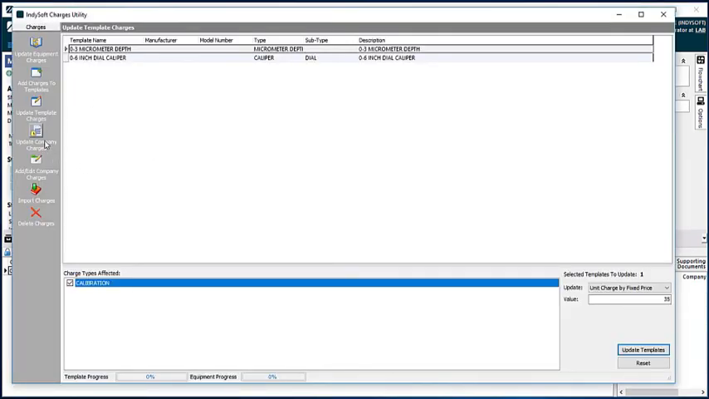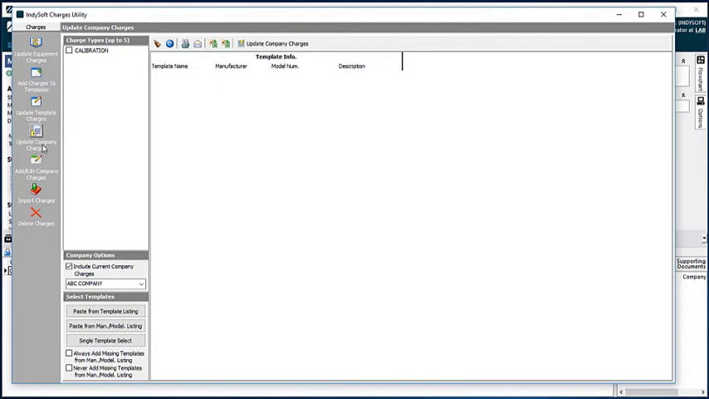Alright, and then next we can update the company charges. So your company can house different discounts, different flat rates. So if you give certain customers of yours discounts, you can set those up in IndySoft. So we're going to select a charge type of a calibration, and then what we're going to do is come down here, look at our settings. We're going to do company options, include current company charges, ABC company,